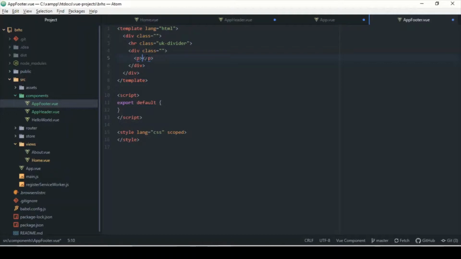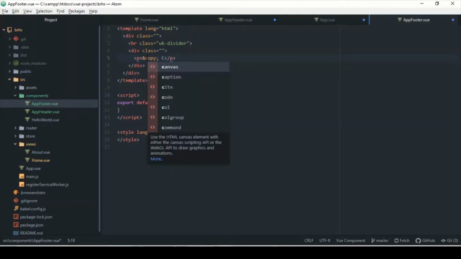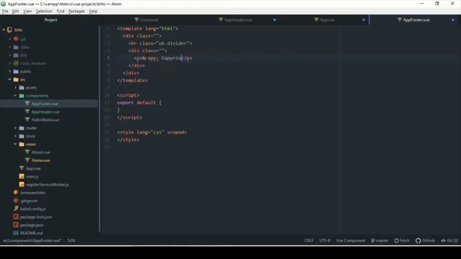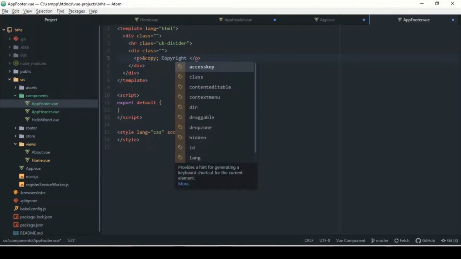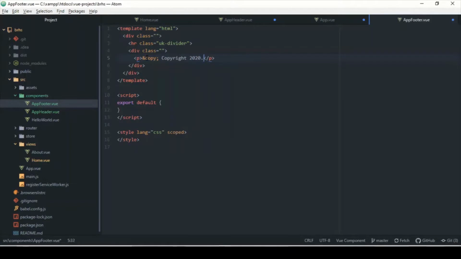So I want to put the copy symbol, which should be, I think this is it. I haven't done this in a while, so I think this is it. Yeah, so copy, and I can just say copyright 2020. Awesome. So you can just do that, and I could put this in the center. I could say uk-text-center, and I think that should do the trick,